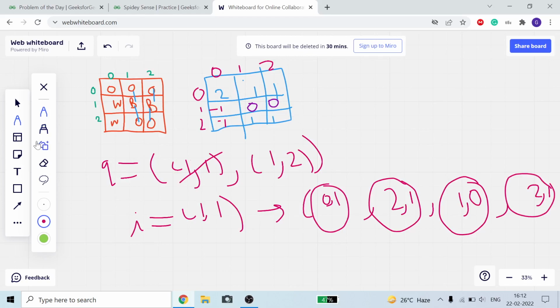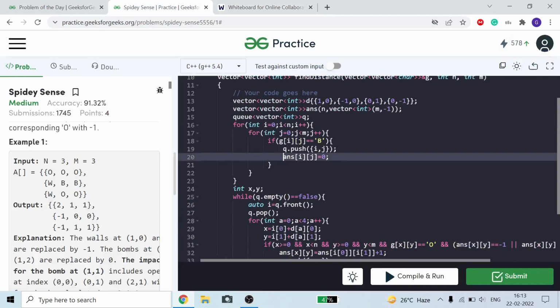Okay, so I just erase this and show you how it looks initially. Initially it is minus 1, minus 1, minus 1 in one row, and the other rows also contain minus 1. And here I can put 0, because I update these both at this place: answer of i is equal to 0. I update it here.